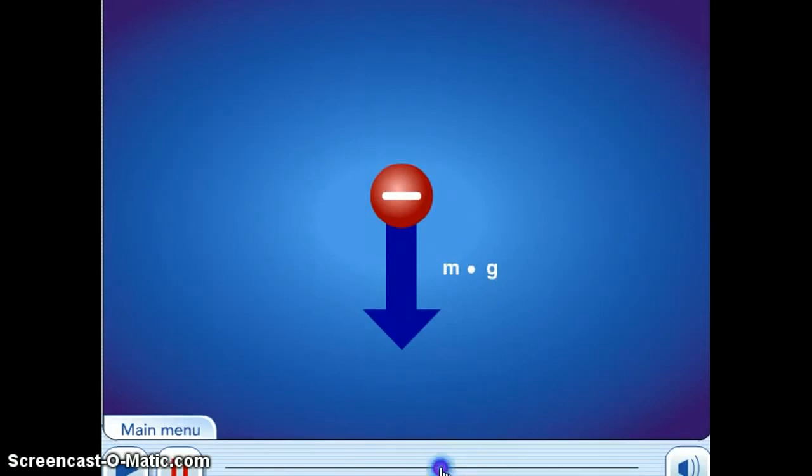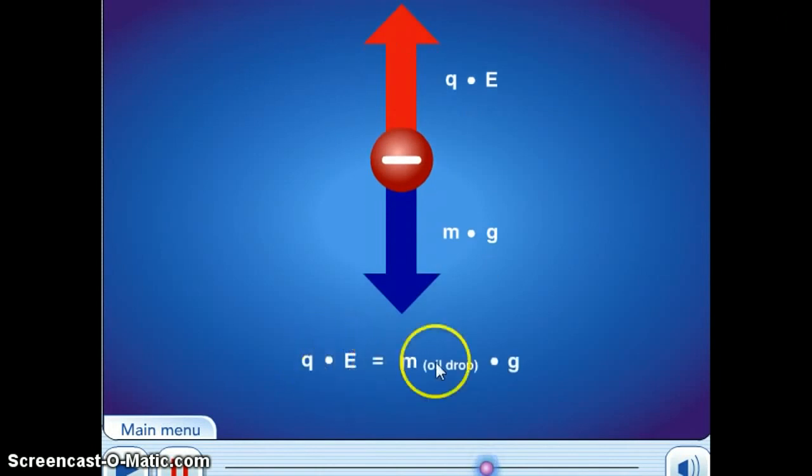Now remember that when he turns on that electric field, you have this other force that counteracts the gravity force, which is the electric force, and the electric force is given by this equation, Q times E, where Q is the charge of the oil droplet and E is the size of the electric field that's given by those two plates right there. Remember that when the oil droplet is exactly suspended in the middle, the two forces are equal to each other. So Q times E is equal to m times